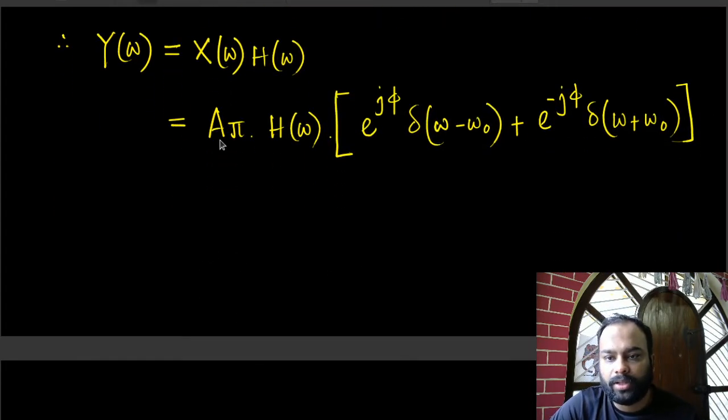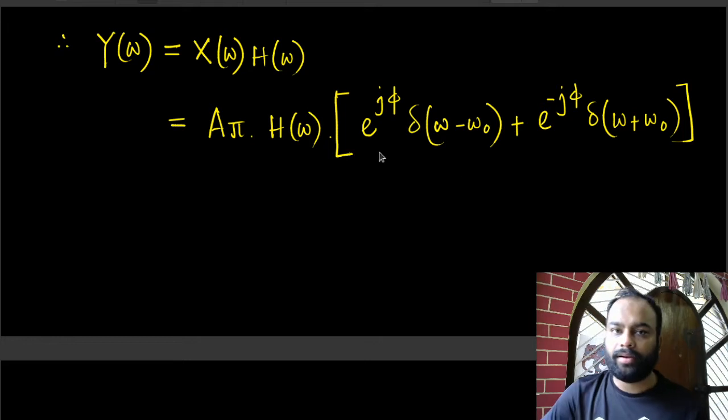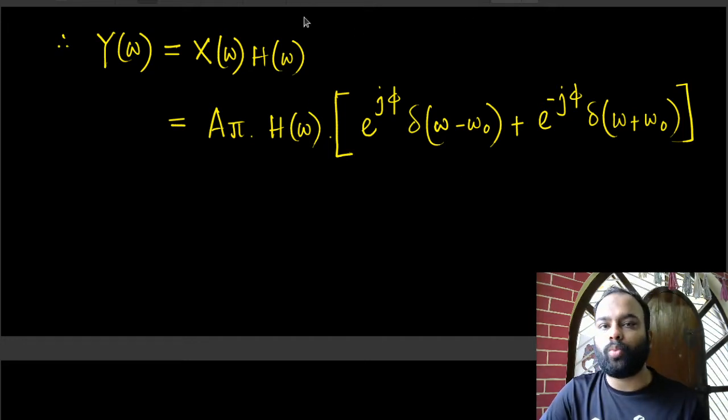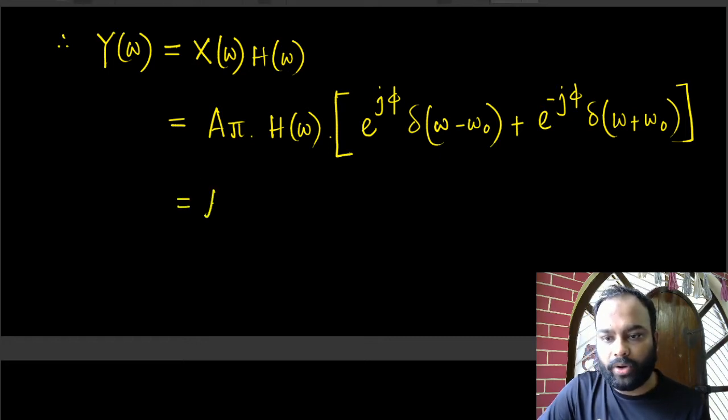All right. So this is a pi, and this thing is X omega, and then I have H omega multiplied. Now we have the same situation once again. What same situation am I talking about? The same situation I'm talking about is this one. It will be evident momentarily. Here,